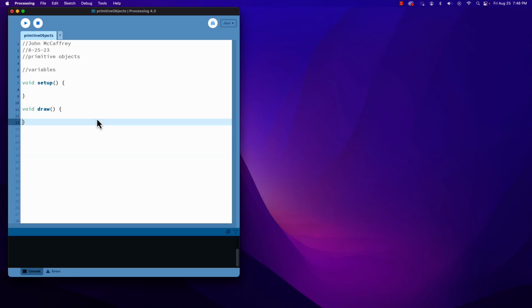In this tutorial, we're going to look at adding in and animating some of the basic primitive objects inside of Processing. So we've already done an ellipse. We'll redo that one. We'll also add in a circle, a rectangle, and a triangle, so we can start to understand how to work with all these different objects in our program. We're also going to discover along the way that if we don't have a better system,